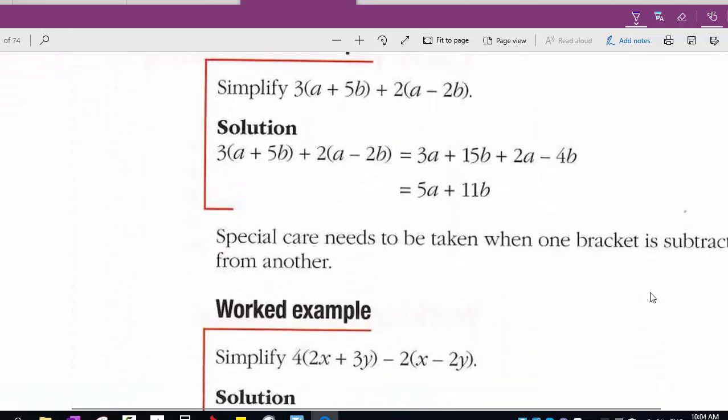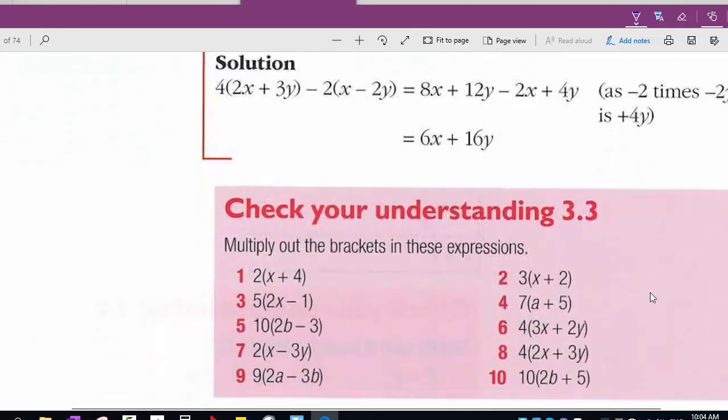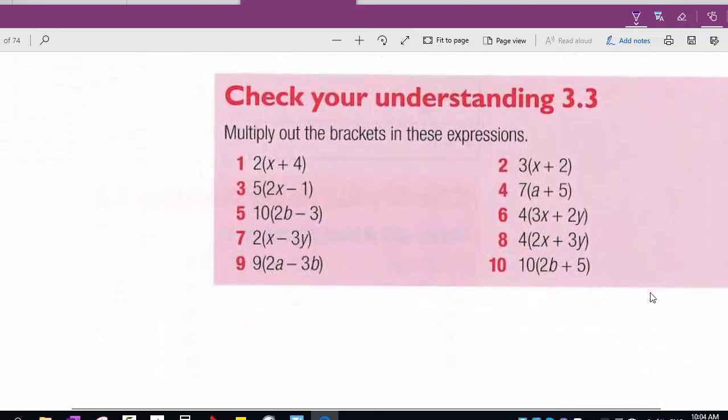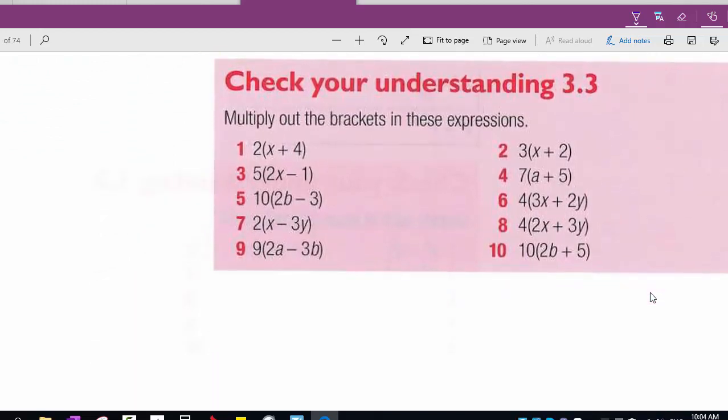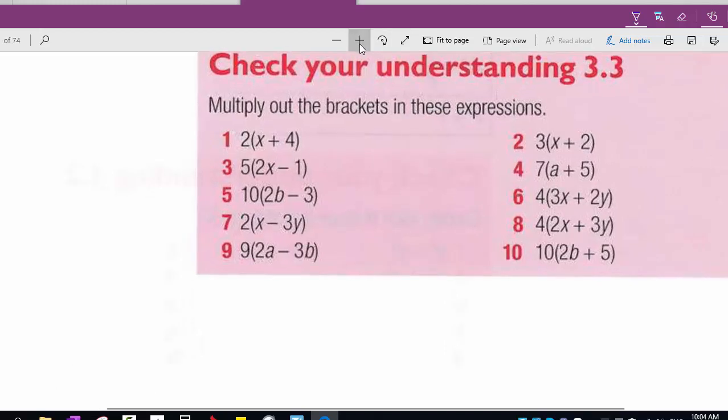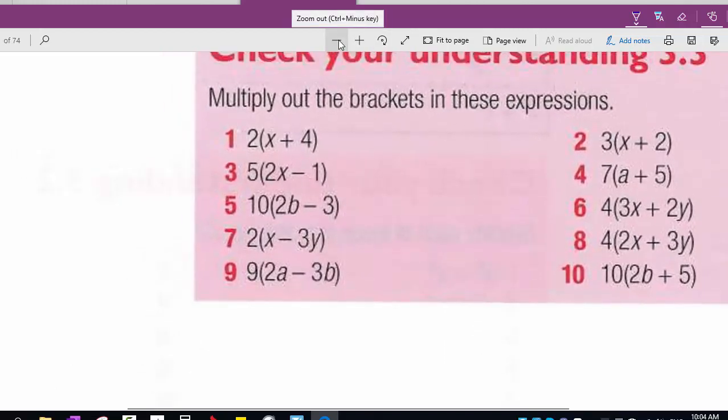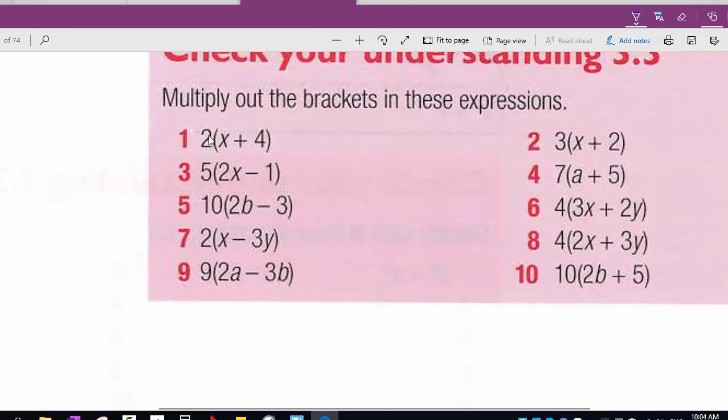Collecting like terms, expanding brackets. Multiply the brackets in these expressions. So to multiply the bracket, we multiply the term which is outside the bracket by all the terms in the bracket. Like the 2 should be multiplied by the x, plus the 2 should be multiplied by the 4. That gives 2x plus 8. Here, the 3 should be multiplied by x, and the 3 should be multiplied by 2 as well. So that gives 3x